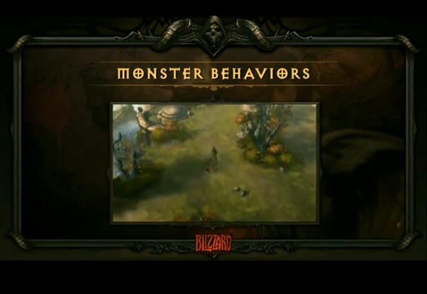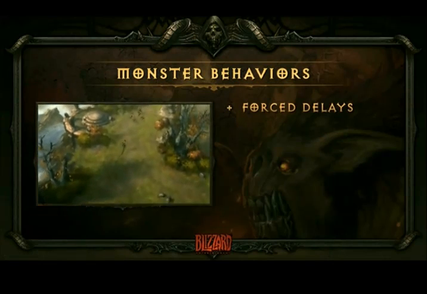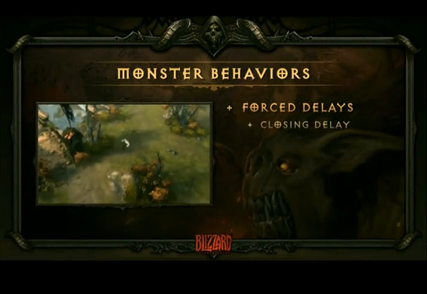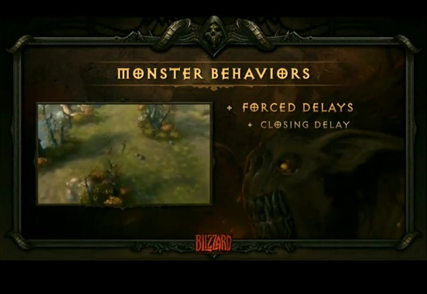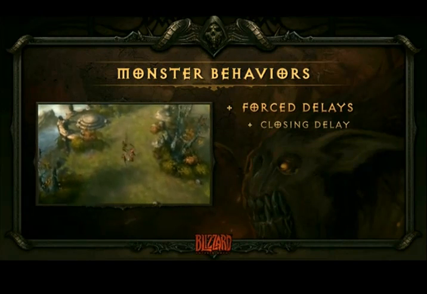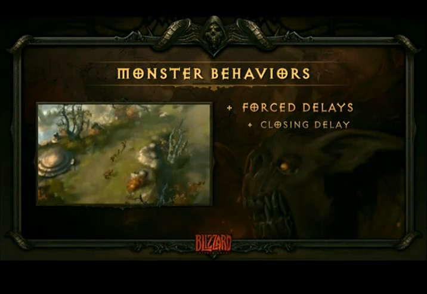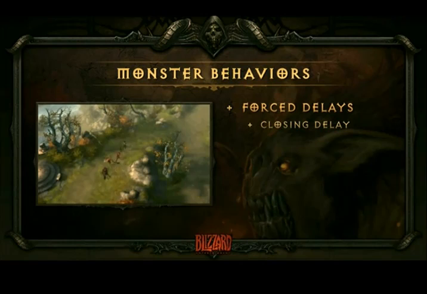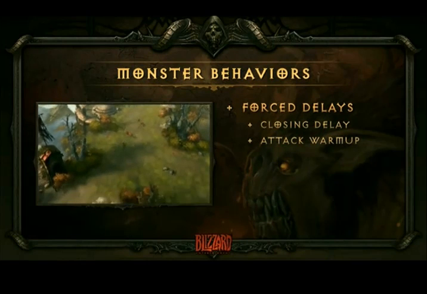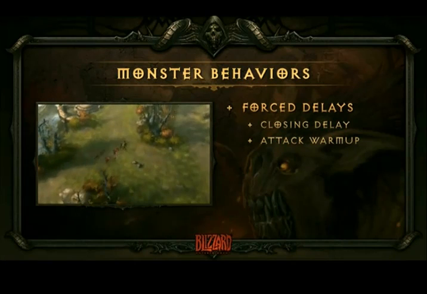So what can we do? Just by adding a few simple things, we can really affect the situation here. So adding the concept of forced delays. The first thing is we add a closing delay, and it's really, really subtle. So when the monster wants to close on the player, when it wants to close that gap, we actually hold them back just for a little bit of time. It's almost imperceptible. You can't really see it. Also an attack warm-up. So even after the monster gets up to the player and wants to swing his club, we prevent him from doing that for a very small